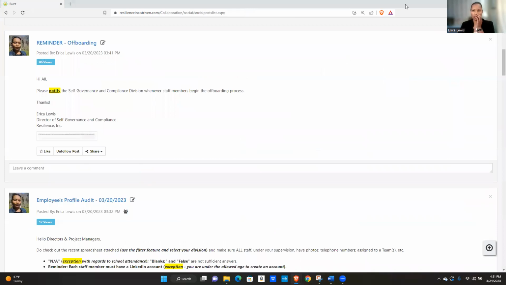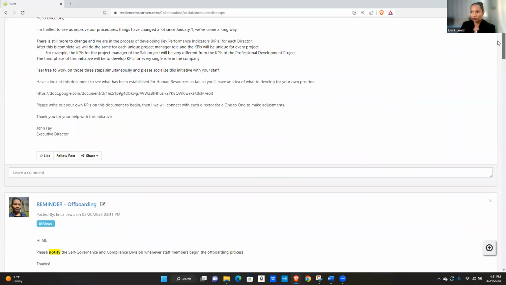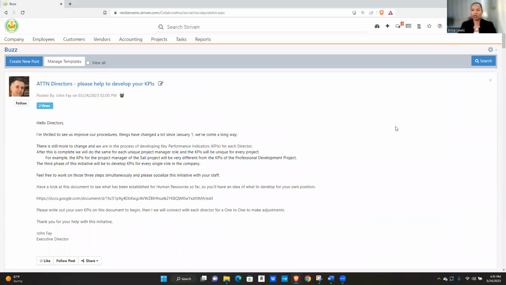All right. So this is a platform that we use on Striven, this project management software that we use. And we utilize the Buzz post quite often, right? And this is what it looks like. It looks like a newspaper. And this is where we have announcements and reminders and things of that nature. So, for instance,